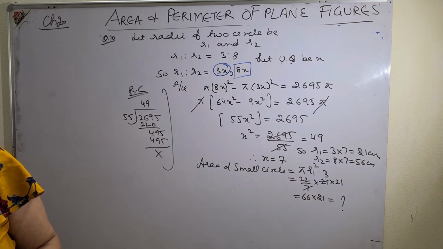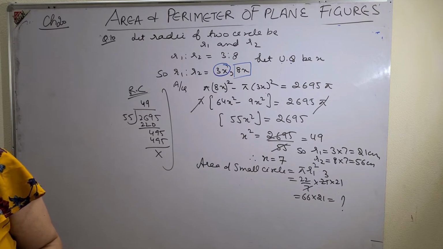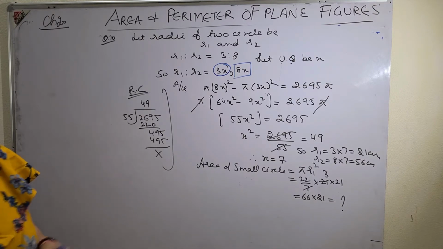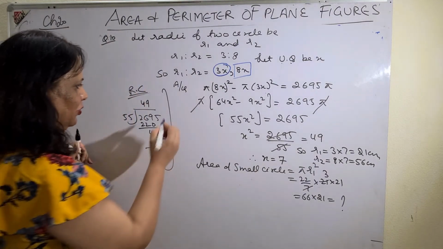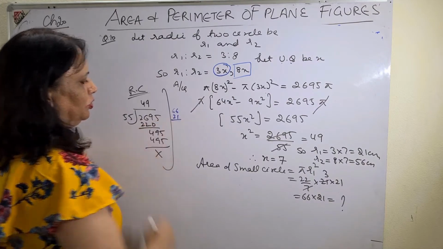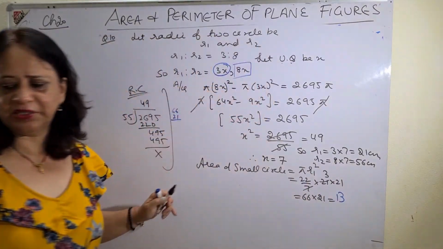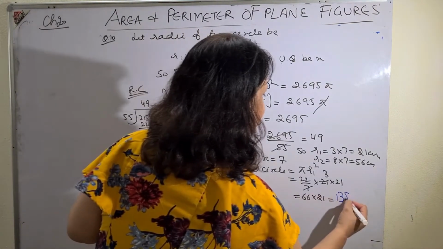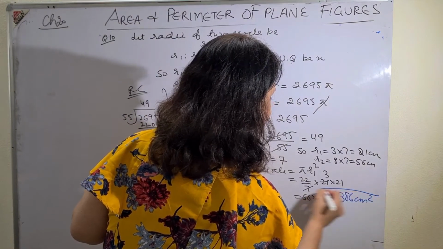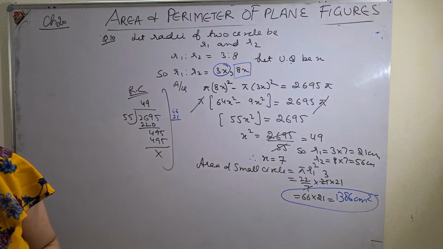That is, the difference between the areas of the circles was 2695 pi, and when I did all the sum, finished the sum, at last I got, if you want me to, I do the multiplication, but you should do it now yourself. Main thing is your language which is to be understood. 1386, and of course the unit to be mentioned. Please carry marks. Please encircle the answer at the last.